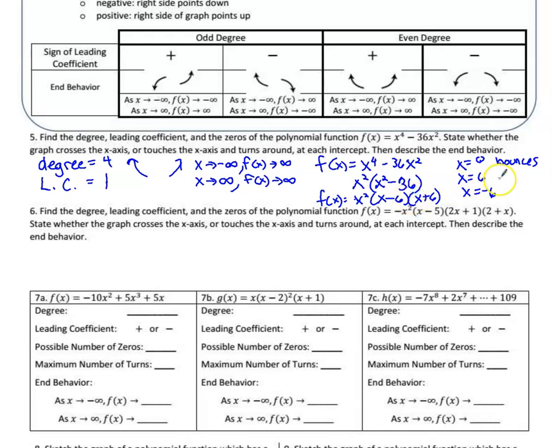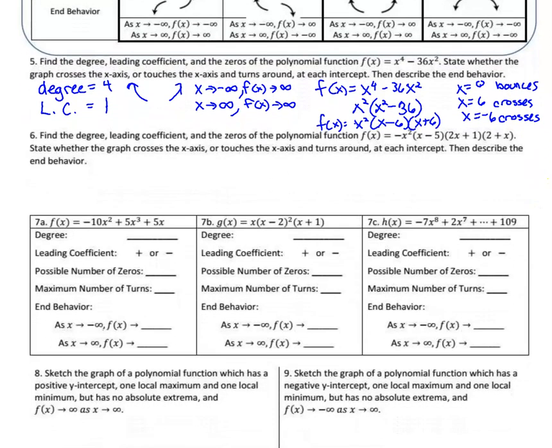This one had an odd multiplicity, so it crosses the x-axis. And this one had an odd multiplicity, so it crosses the x-axis. Okay, let's do that same thing, but it's already in factored form. Well, when it's in factored form, to find the degree, we need to look at the x terms, all the